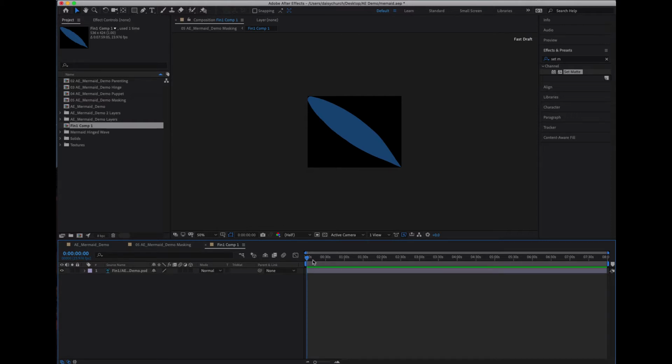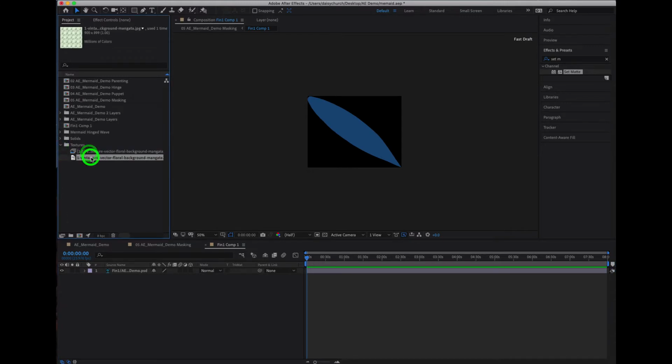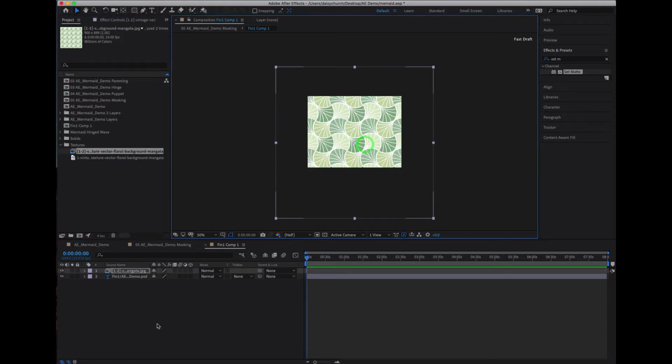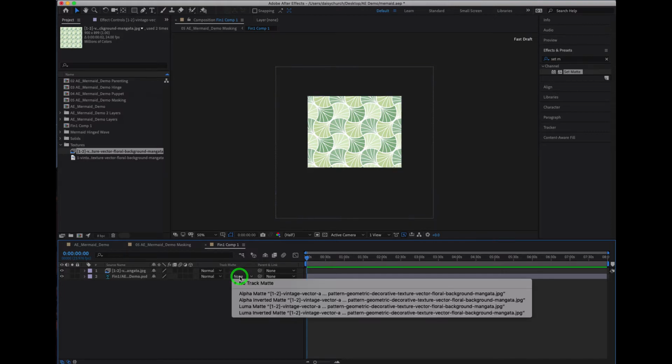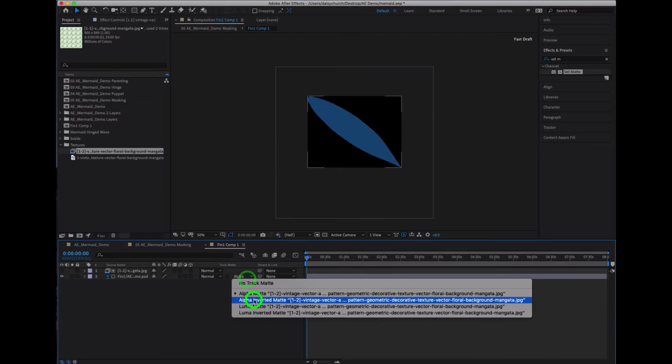difference right here. So now what I want to do is take some textures. I just took some of these textures that I found online, but you can make your own textures. These are just as an example, and you can drag these in and you have this texture right here. First thing that I want to do is mask it. So here is where I can use the track matte. So if I do, let me see, alpha inverted,